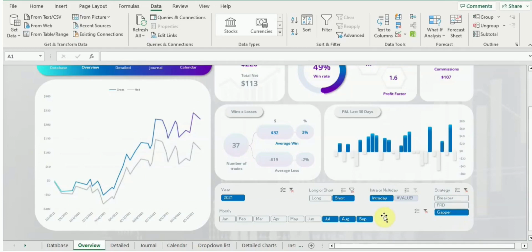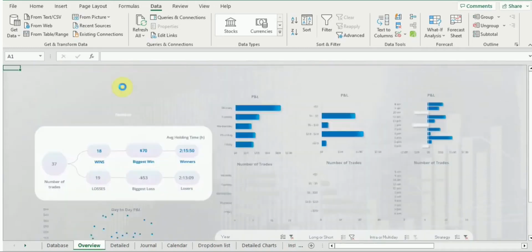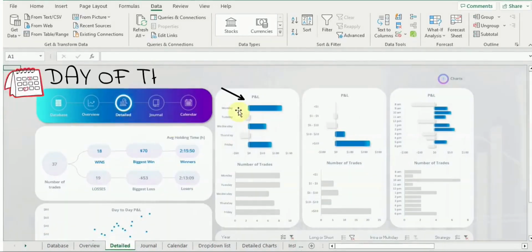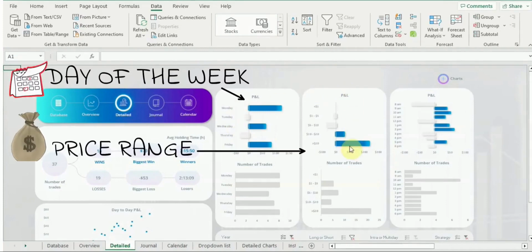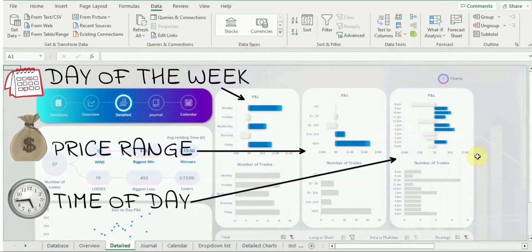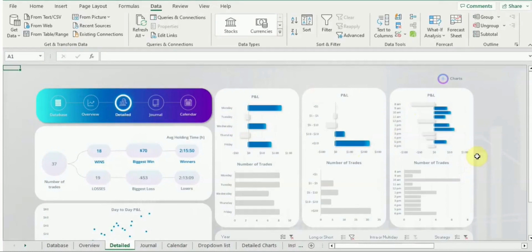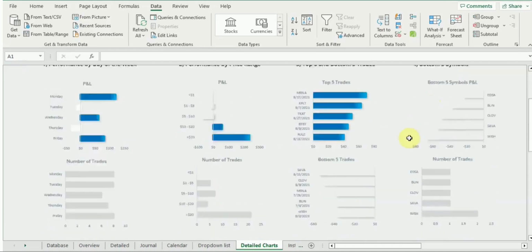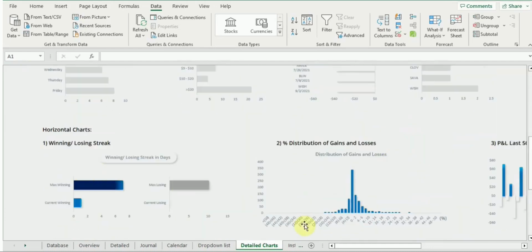and strengths are, okay? Then we have our Detailed tab, and this provides specific analysis such as performance by day of the week, by price range, or by the time of day. And also includes additional charts that can replace existing ones. So you can select this chart section, and this will allow you to customize the dashboard according to your preference. So you can see we have vertical charts here, and if you go down you can see some horizontal charts